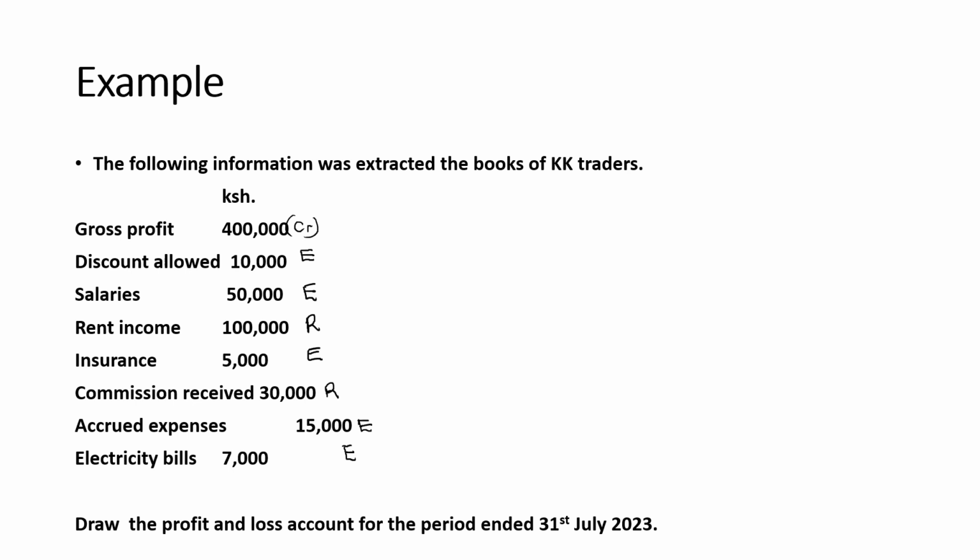Now, we want to draw the profit and loss account. So what do we do? The name of the business. What is the name of the business? It is here, KK Traders. So you balance it out in the middle. KK Traders. Which account are we preparing? Draw profit and loss account. We are writing there. Profit and loss account